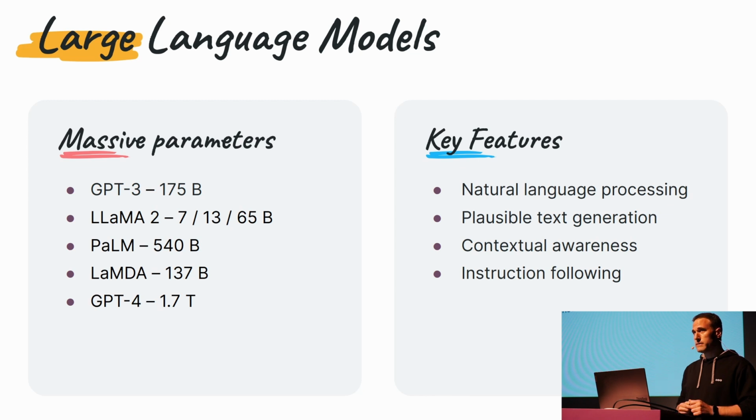So large language models are, as the name implies, a language model. A language model is basically a map of probabilities of text sequences, so that such a model can predict text sequences when given some input text. The key features of these large language models are familiar to everybody, I guess. They are very good at generating plausible text that a human would typically be able to write, and they achieve this by having very good context awareness when they understand the input text that they receive.